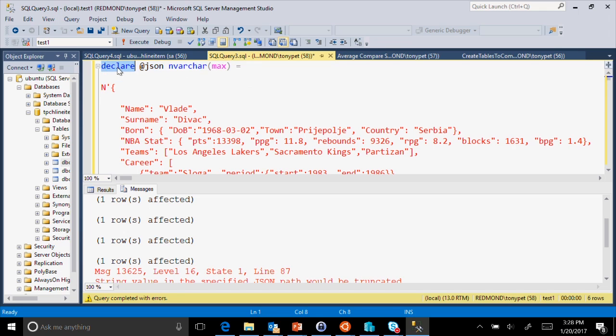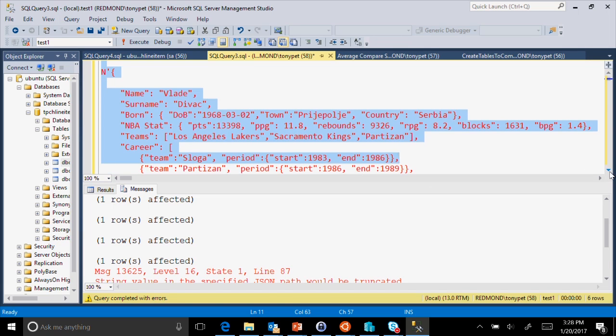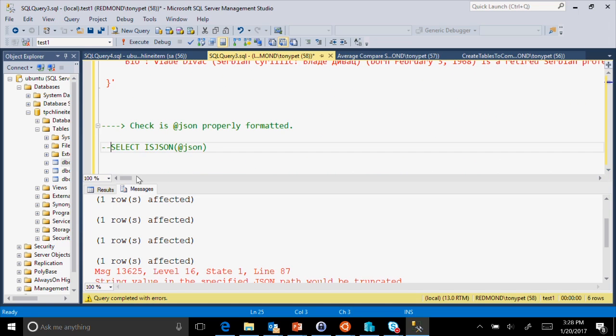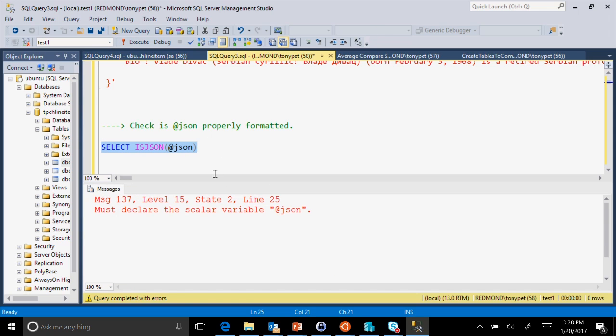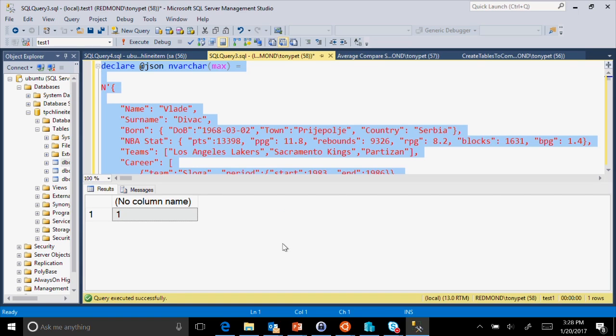All right. And let's just run this. So we have ISJSON to validate. Yes, it is JSON, right?